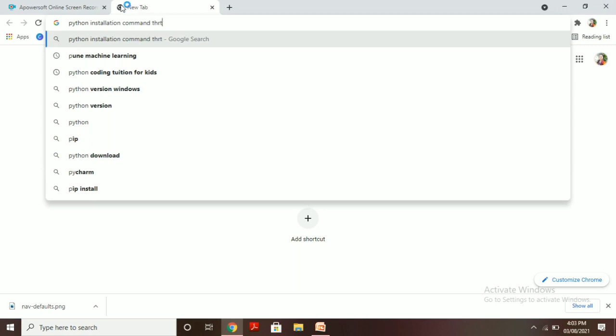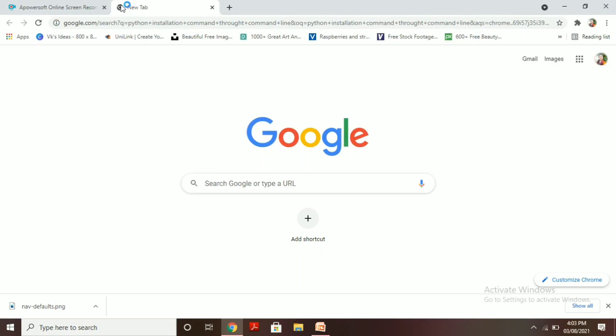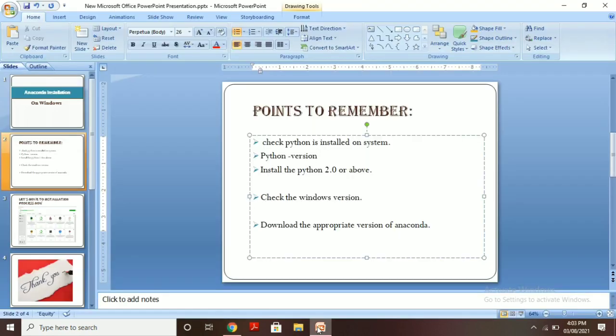Through the command line, you will get the code to install Python. You will get the command here for installation, and by using that command you can install Python on the system. After the Python installation has been completed, you can proceed further, and then you can start the installation of Anaconda.